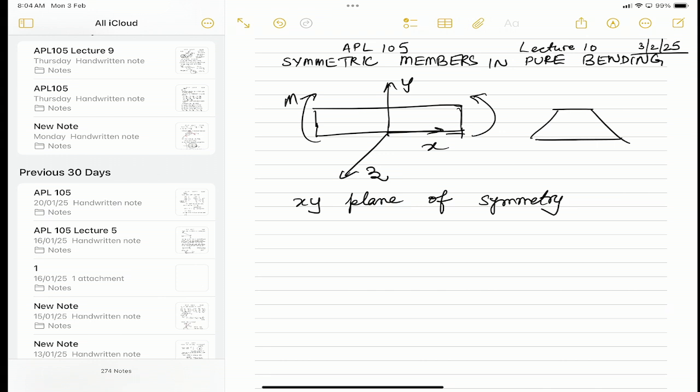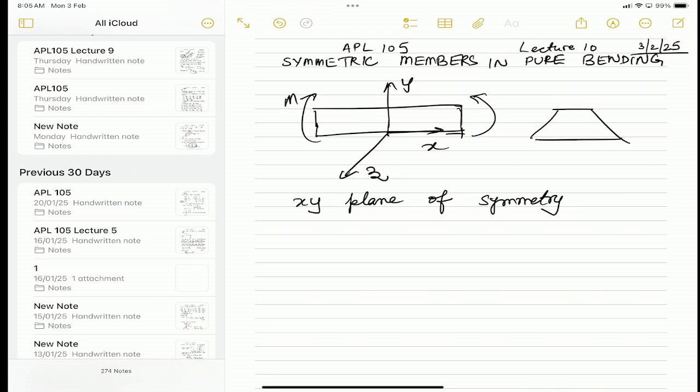It will tend to twist the shaft. But if I look at the two perpendicular components, that being the y component of moment and the z component of moment, two components, each of these will try to bend this shaft. One of them will try to bend it about the y-axis, the other will try to bend it about the